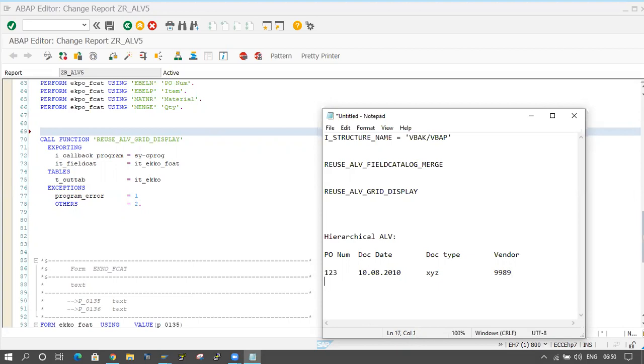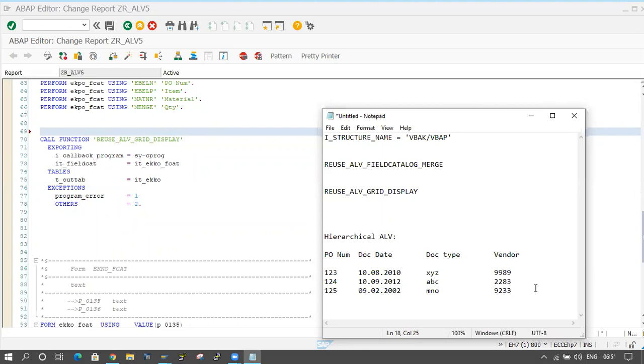After that, 124 is the PO number, and then the document date, and 125. The data is coming like this.